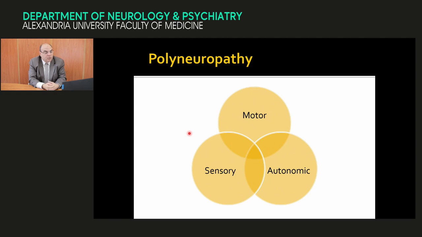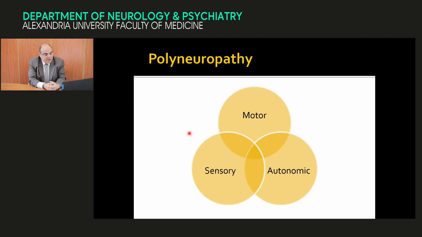We don't have a pure motor neuropathy and we don't have a pure sensory neuropathy. But we have a predominantly motor polyneuropathy and a predominantly sensory polyneuropathy. Causes of predominantly motor polyneuropathy include Guillain-Barré syndrome, botulism,